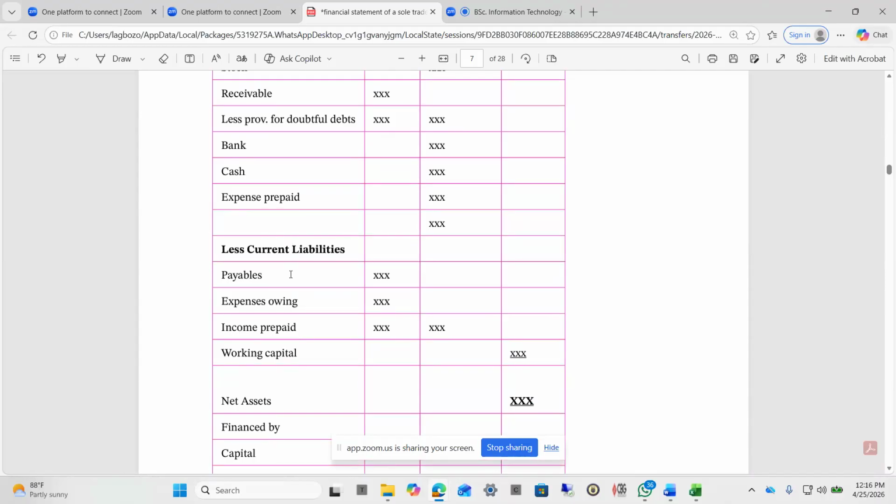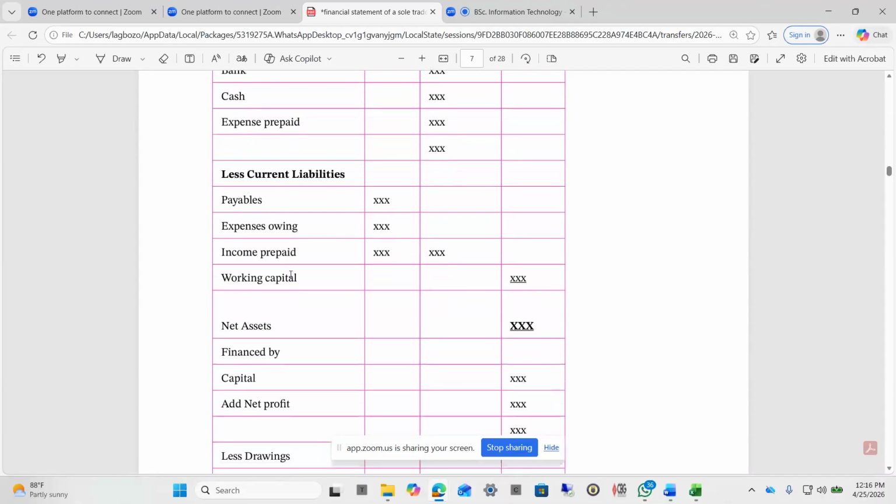Yes. Okay. All right. In other words, when you add your working capital to your fixed assets, then you get net assets. Okay. Then we came to the